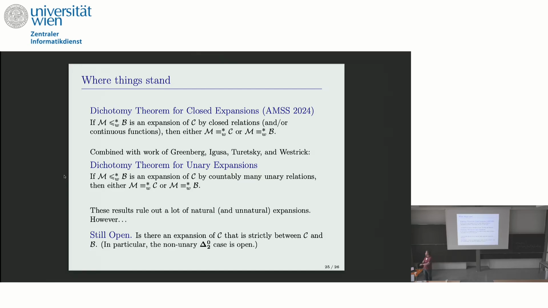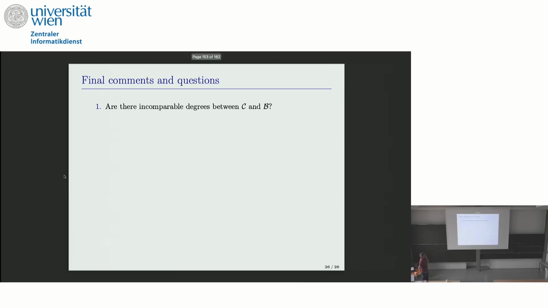But it's not the question I think will be most interesting for this audience. In the end, I think we got sort of hyper-focused on expansions, and there are a lot of other questions you could ask. You could ask, for example, though again, not the question I want to sell here, are there incomparable degrees between Cantor space and Baire space? An undergrad who went on to grad school at UCLA, though I'm not sure what happened to him afterwards, took our linear order proof and showed you can code that set at different levels and get a nice chain, but we don't know about anti-chains.